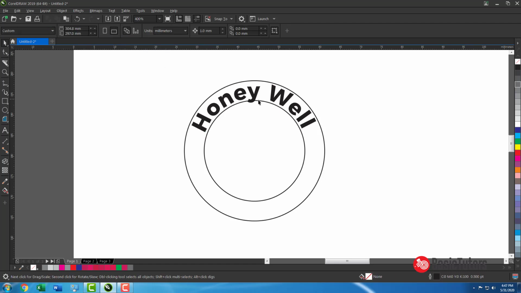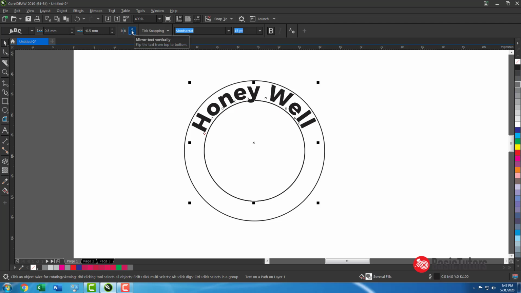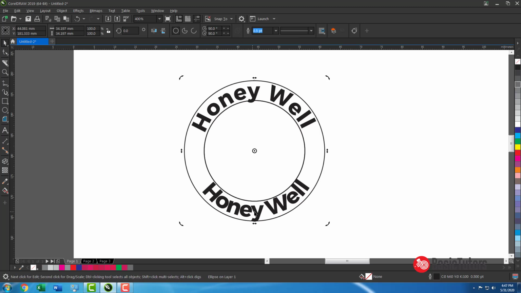Now I need to make a duplicate of this by pressing Ctrl D, and then I may use this reverse, like this mirror and this mirror, and I position it over here. I may get a thing like this.